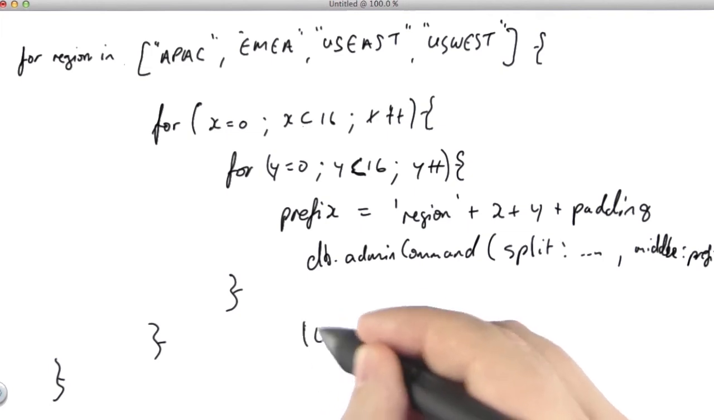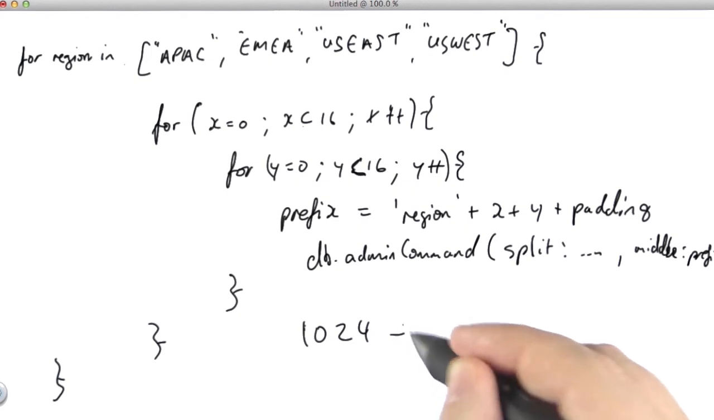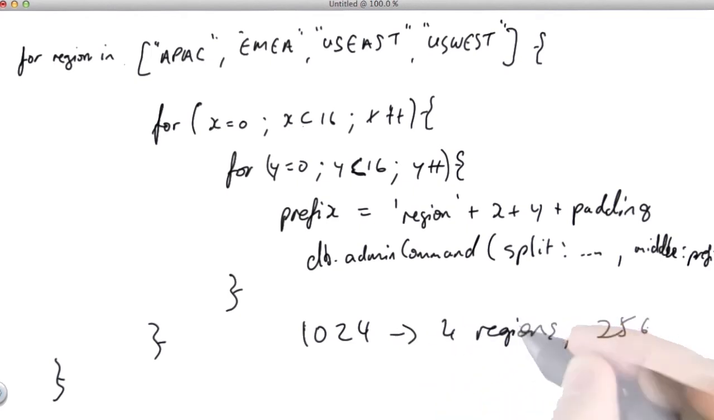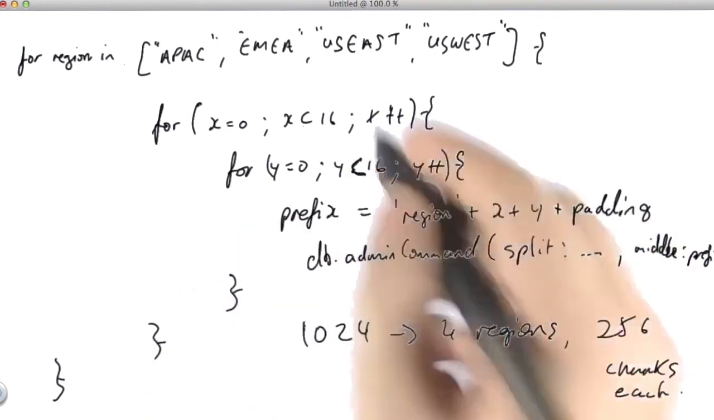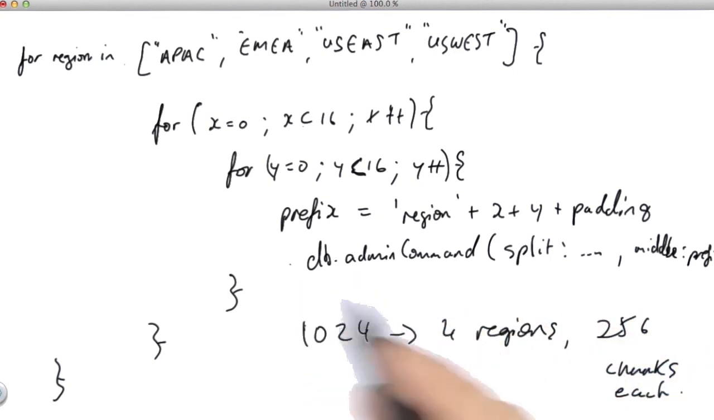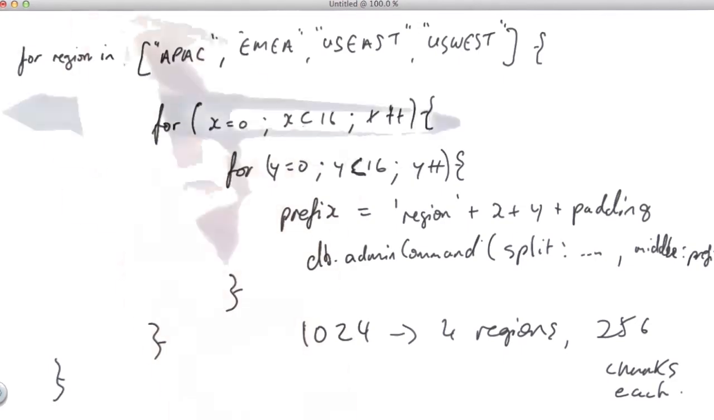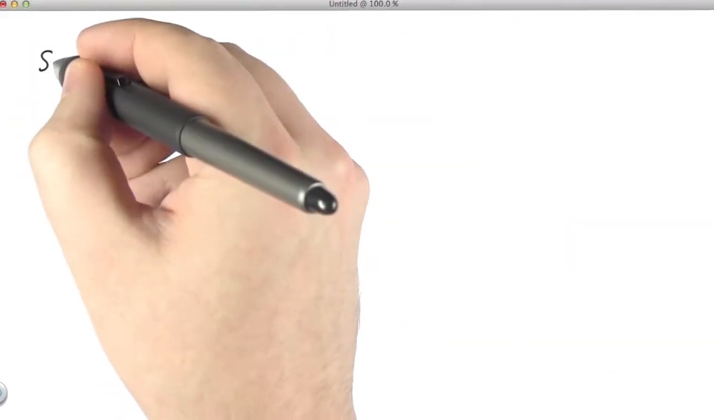So what would that give us? It would give us 1,024 chunks across 4 regions, 256 chunks each. So there we go. Once we've created all those chunks, the final remaining piece is to iterate through in a very similar manner. And instead of running a split command, because that's already been done, what we'll be running instead is